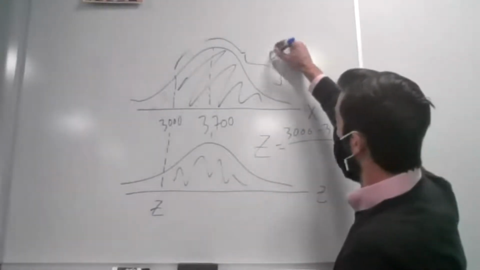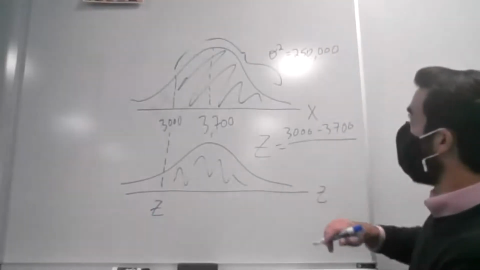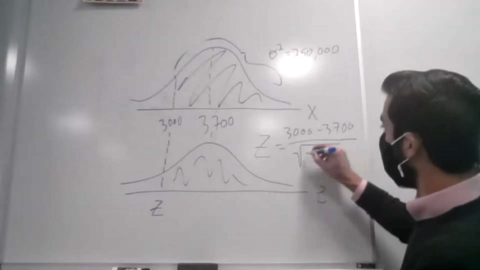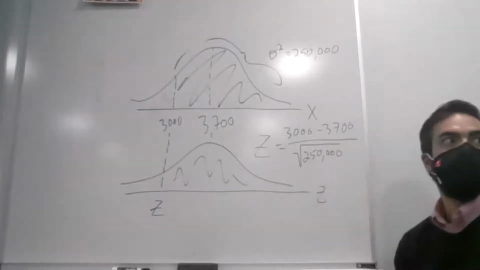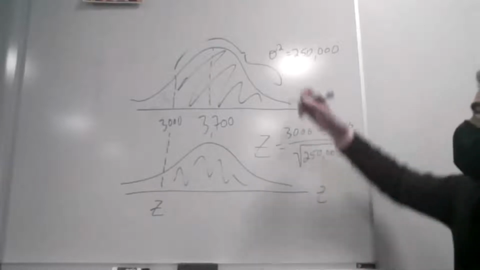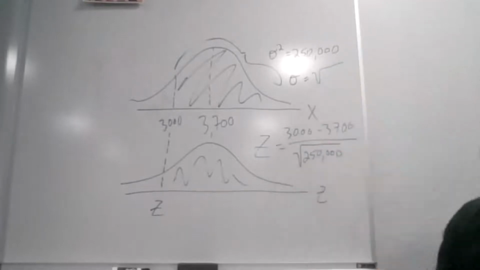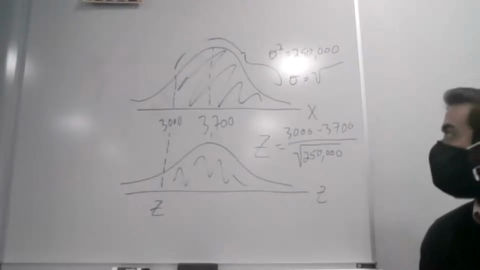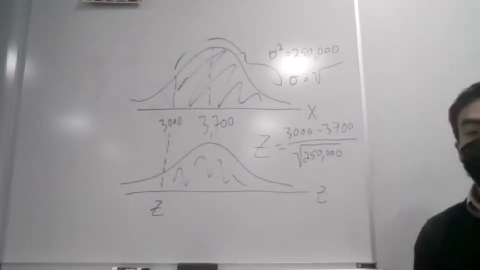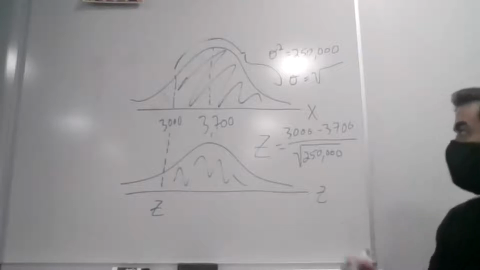I think we had the variance was 250,000. So you don't plug 250,000 in here. We would actually be plugging in the square root of 250,000. Now, if you want to calculate that ahead of time, like take the square root of 250,000, then that would be your standard deviation. You could just plug that number in for the standard deviation there, or you could just plug the square root of 250,000 into the equation, right? So, negative 700 divided by the square root of 250,000. If we do that, we should get